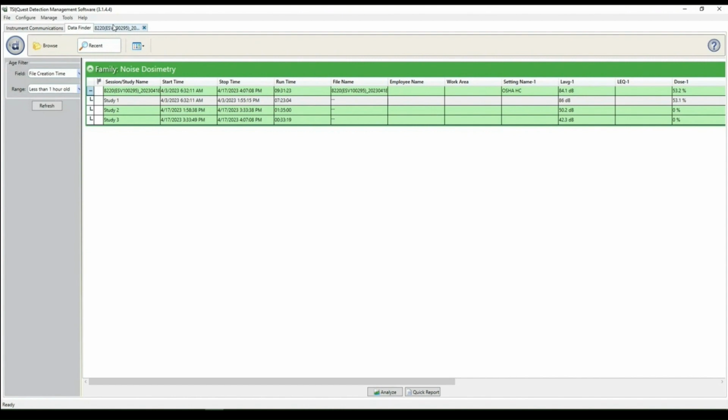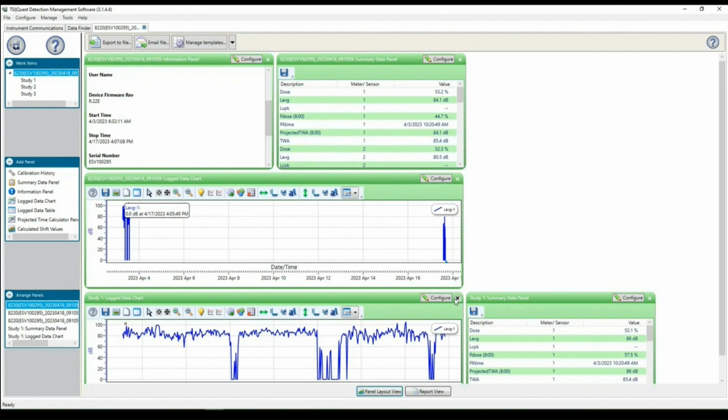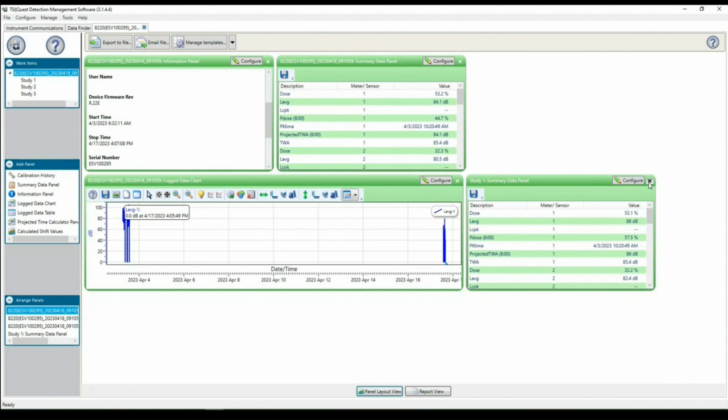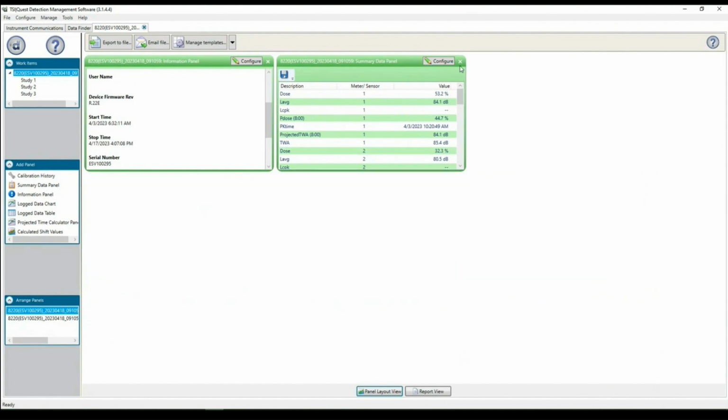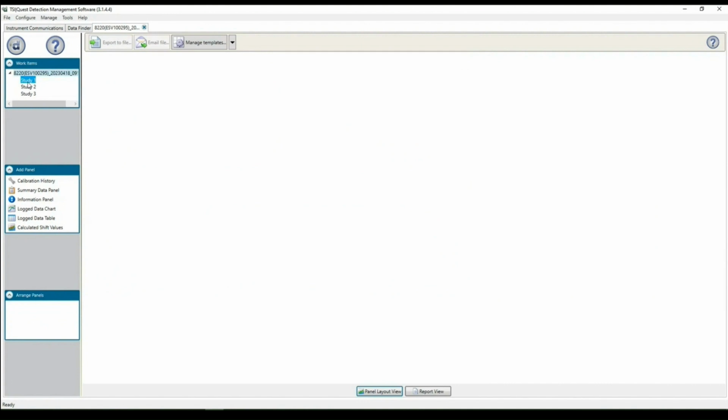So if we want to get everything specific to study 1, and you can tell this too based on how the panels are labeled. So here we actually have a study 1 log data chart and a study 1 data panel and information panel. Sometimes it populates like that, other times it doesn't, but the best way to do it is to get rid of everything, highlight the study,